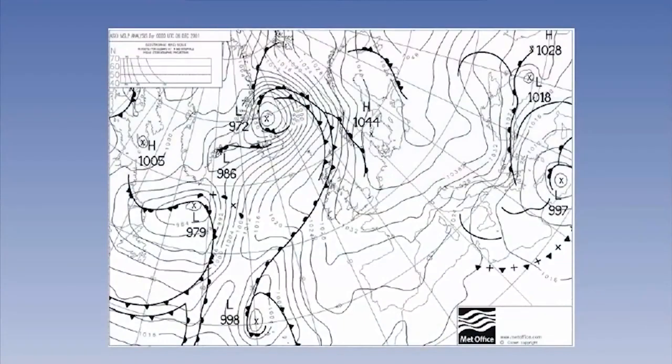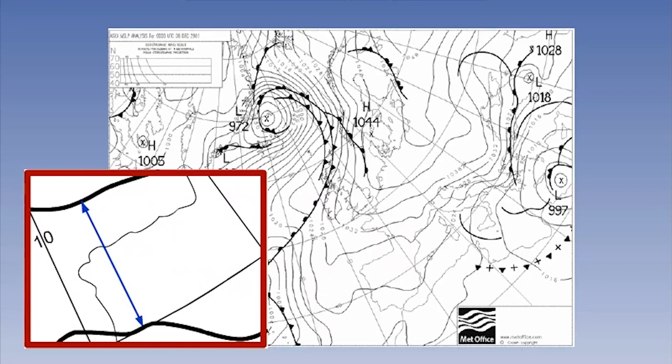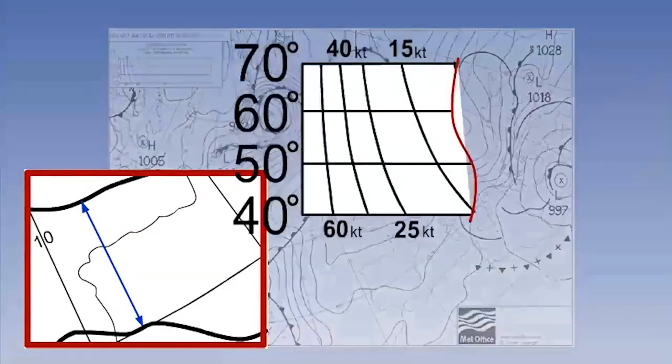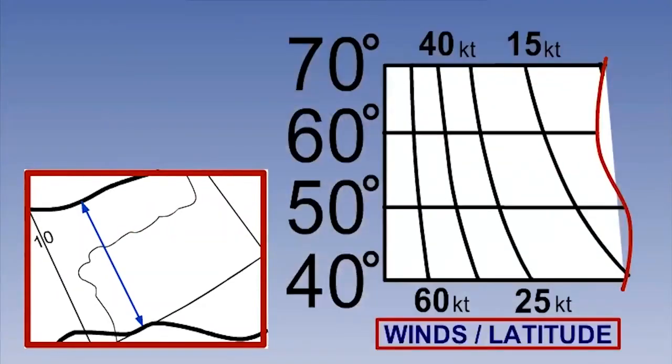Going back to pressure systems, remember that generally in high pressures, the isobars tended to be further apart than in low pressures. This means high pressure systems have less of a pressure gradient and are therefore associated with lighter winds than low pressure systems. This concludes the analysis of horizontal pressure change. We will now look in more detail at the variation of pressure with height.